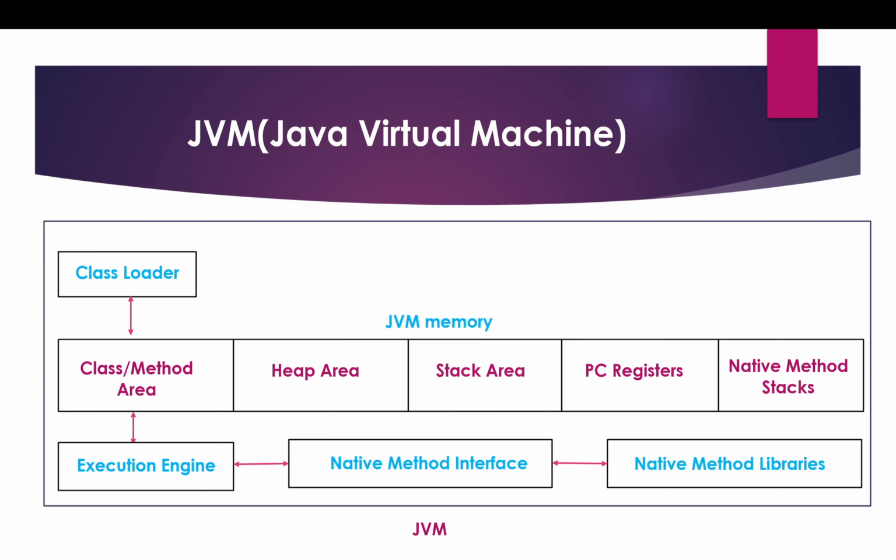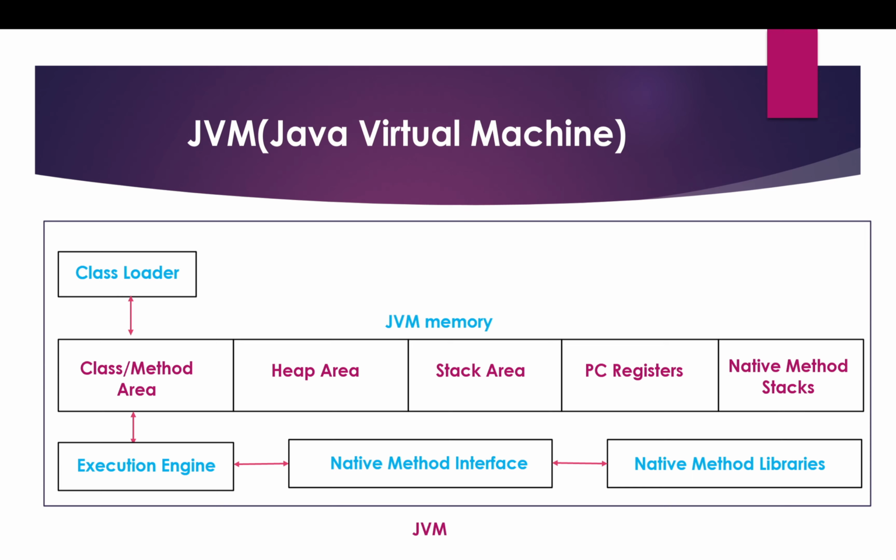Further, there is an execution engine which interprets the Java code. It interprets the code line by line and executes it. But there can be some repeated methods. If there is a repeated method in the Java program, then this interpreter, which I showed you, java.exe, will be executing it again and again. To reduce that and improve the interpreter efficiency, we have the just-in-time, that is JIT, compiler. The JIT compiler provides the native code directly in case a repeated method occurs during execution.